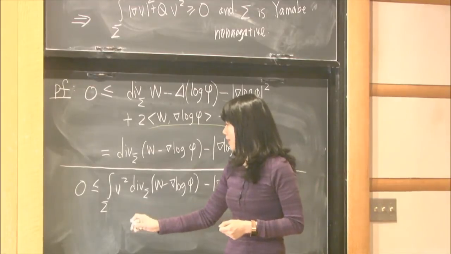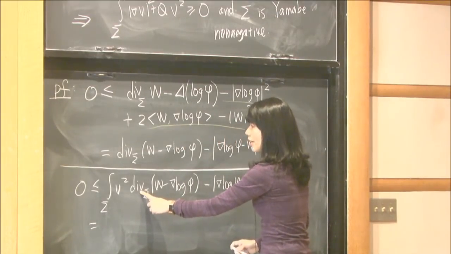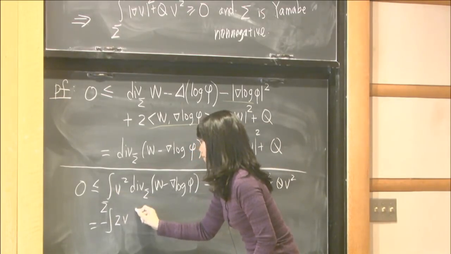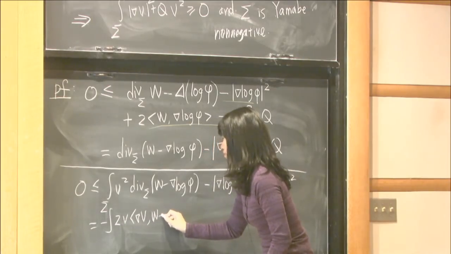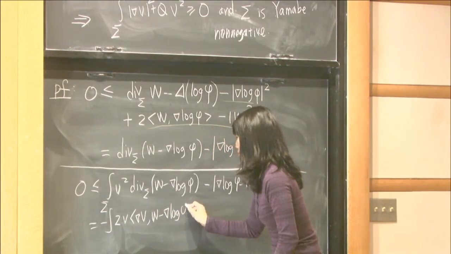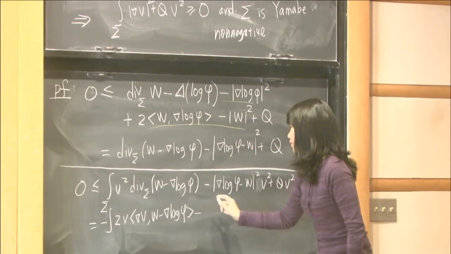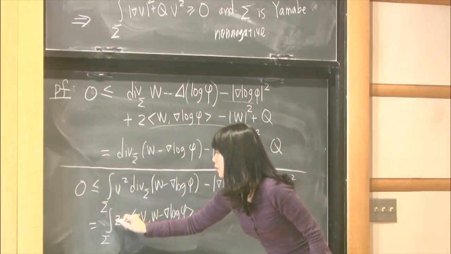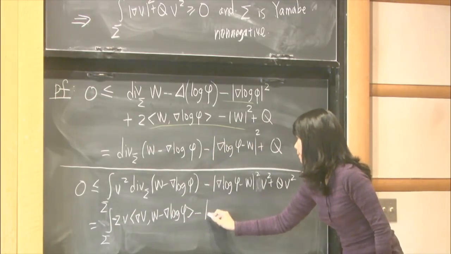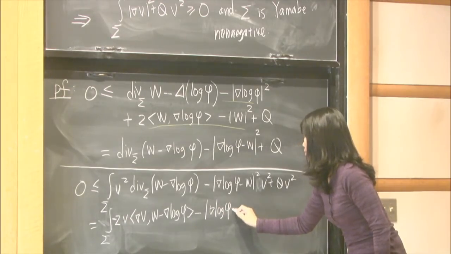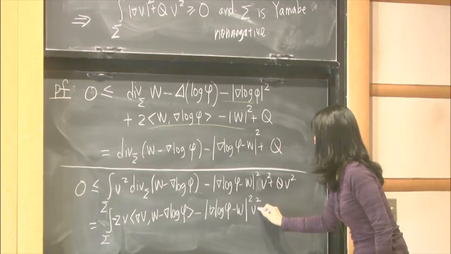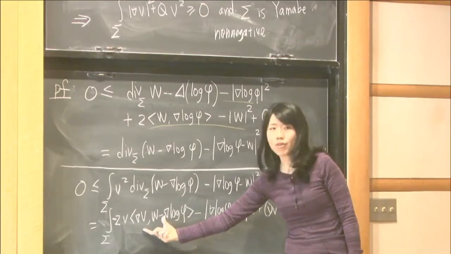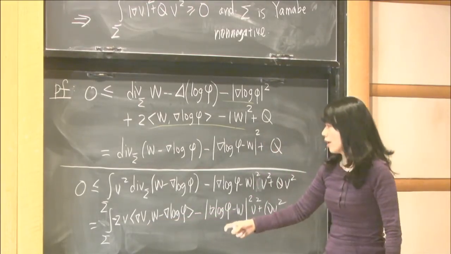If you integrate by parts, you'll get the divergence will be a gradient on the v squared with a negative sign. And this will be on sigma. And all those terms we keep there. So this is minus. Okay, and then Cauchy-Schwarz inequality tells you, together with